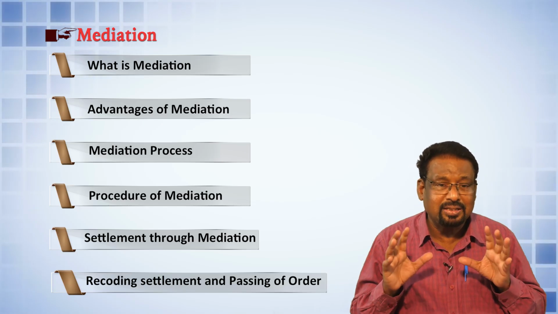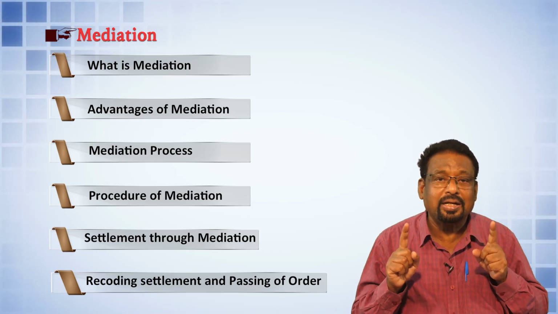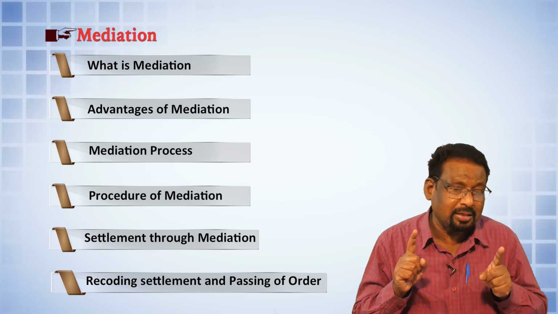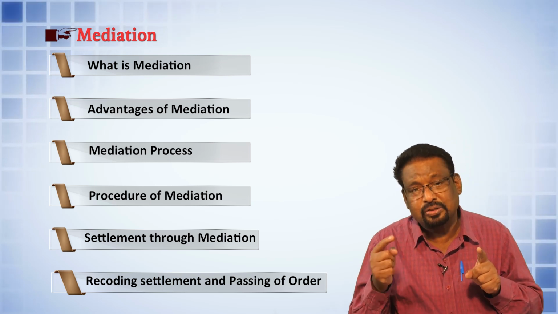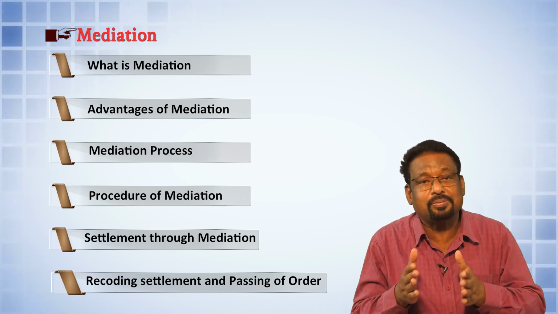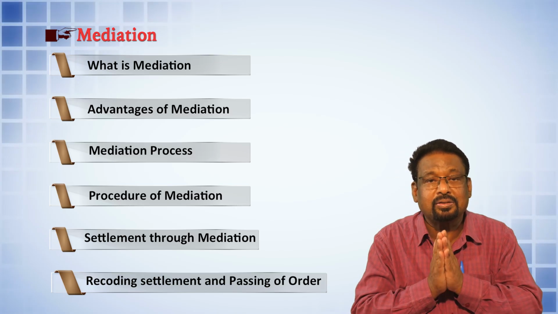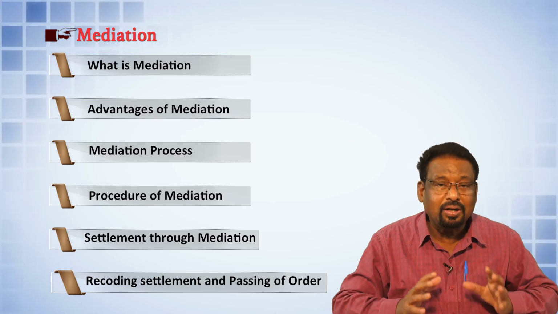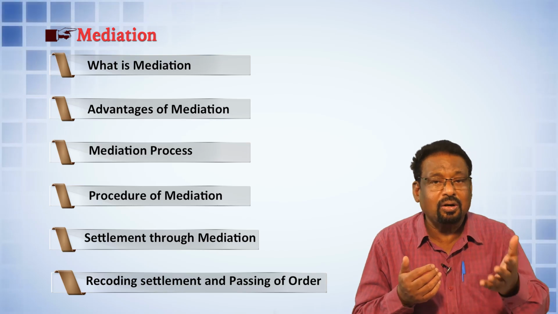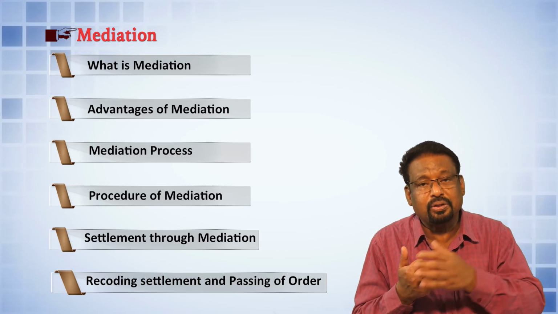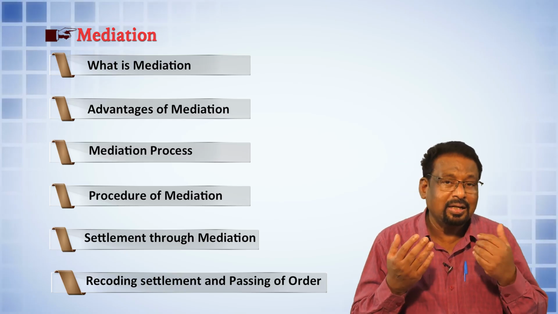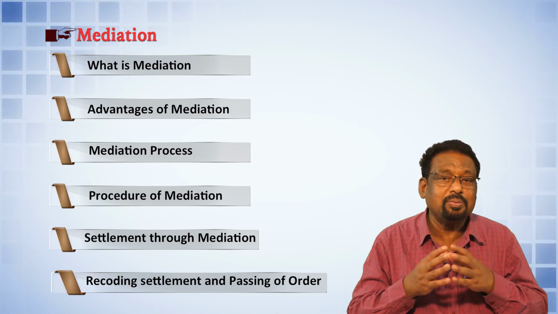So it's a process where a third party sits as an umpire between the complainant and the person against whom the complaint is made. They sit in the presence of the mediator; the umpire is called the mediator. The advantages of mediation are that the problems faced by consumers, such as the long delay before the court of law, waiting for a longer time, and the uncertainty over getting timely decisions, will all be curtailed.